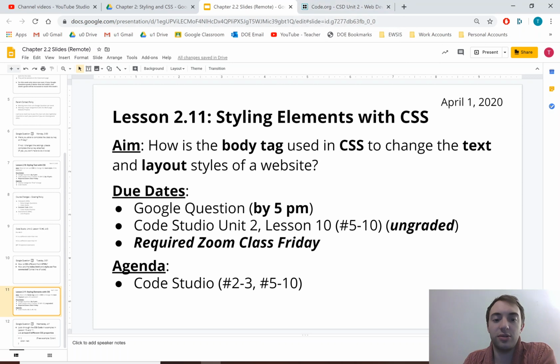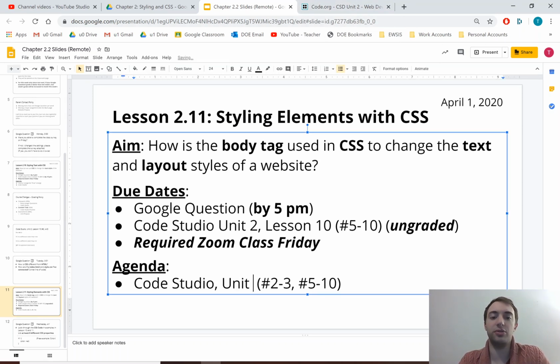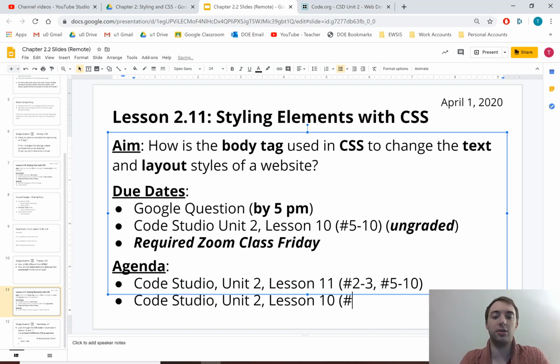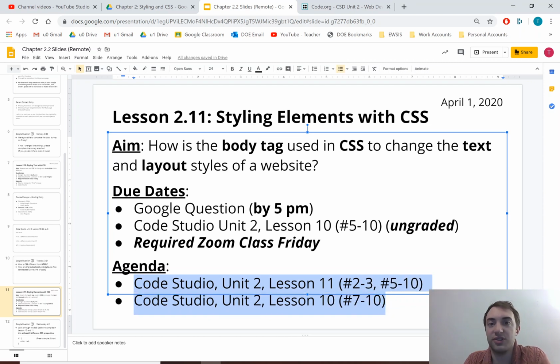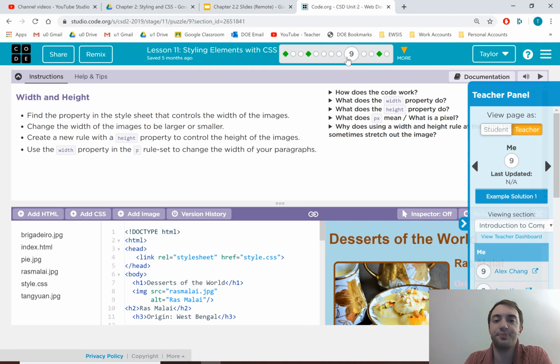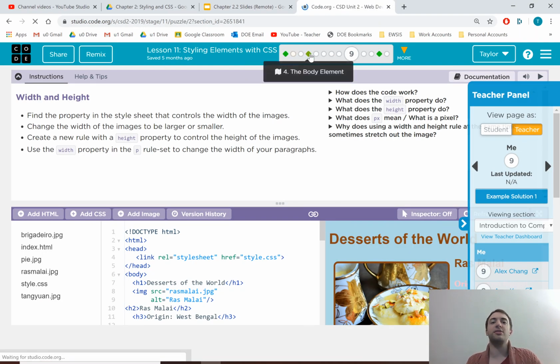So Code Studio, Unit 2, Lesson 11. Code Studio, Unit 2, Lesson 10, number 7 through 10. So these are just your options in there to practice. Especially for those who are trying to get a little bit better at this or just see more fun things to do, these are what I would do. But at the very least, go along with me for 2 and 3 to get the basic idea, and maybe try a couple to see some examples. So, Lesson 11,